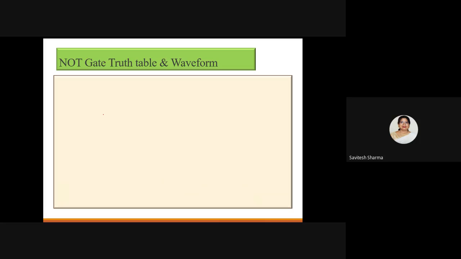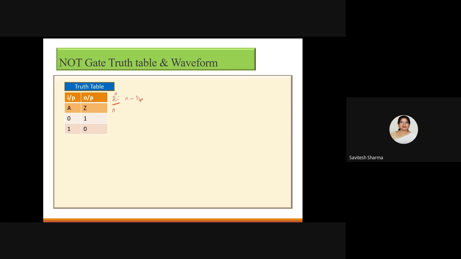So what is the truth table? As I said, a NOT gate always has one input and one output. So I will write the combination of the input and output. As there is only one input, let's say the input variable is A and the output variable is Z. You write A and Z and then the possible combinations. I already told you that 2 to the power n is the maximum number of combinations possible for n inputs.